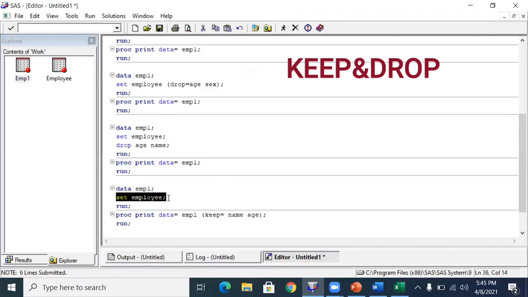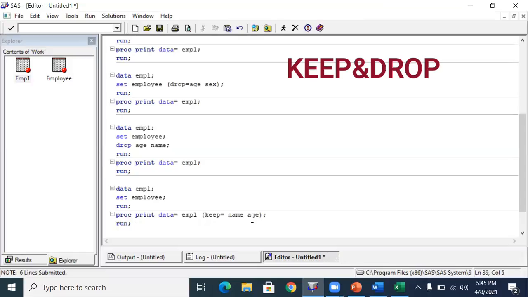You didn't give any option. Here, you said copy everything, set employee. There is no keep or drop option or statement here, right? So while copying, it copied everything. But while printing the data, it printed only the particular variables you mentioned, name and age.